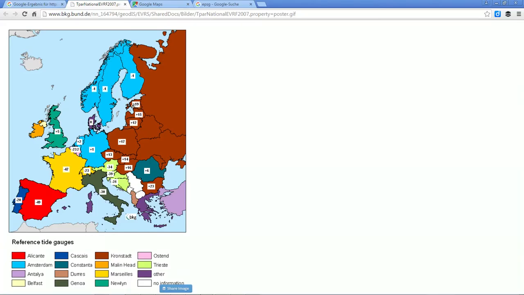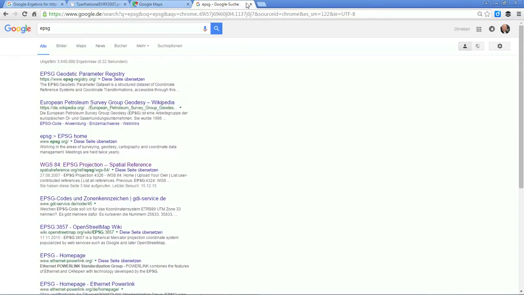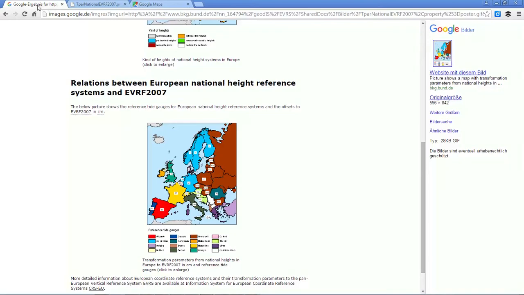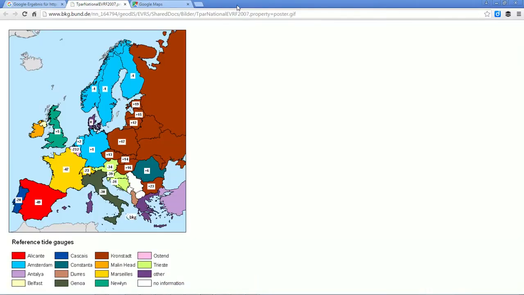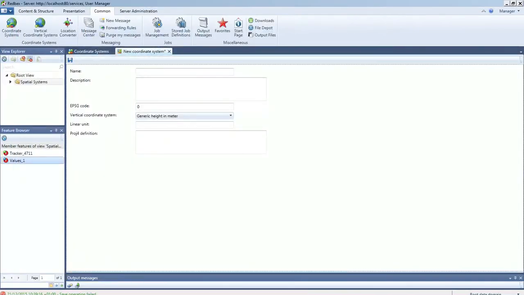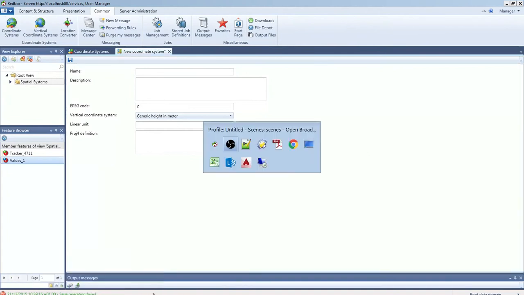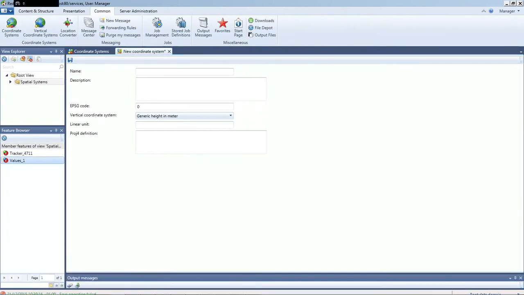And to select the coordinate system, I would suggest you go to a page I will show you in a minute. It is the page